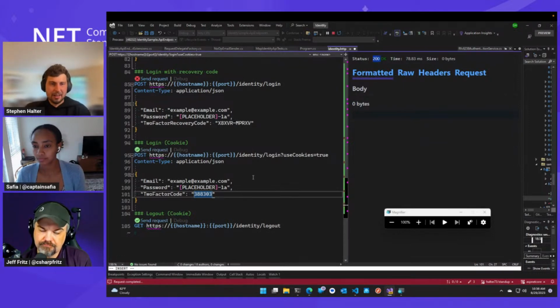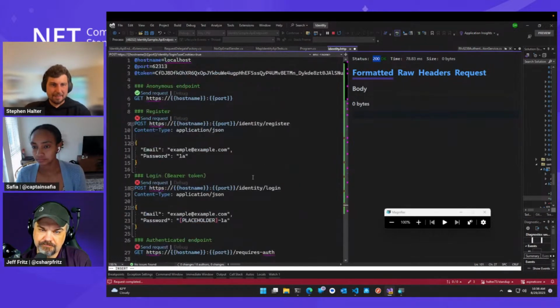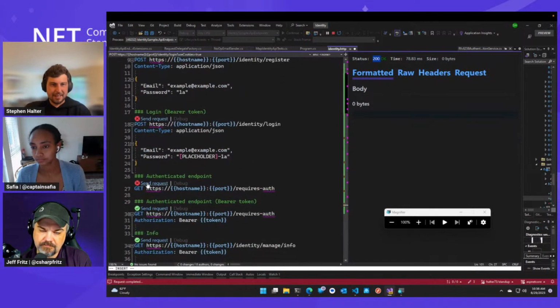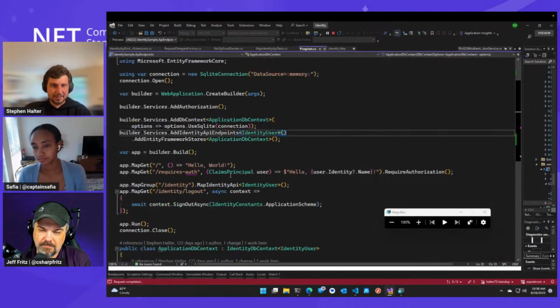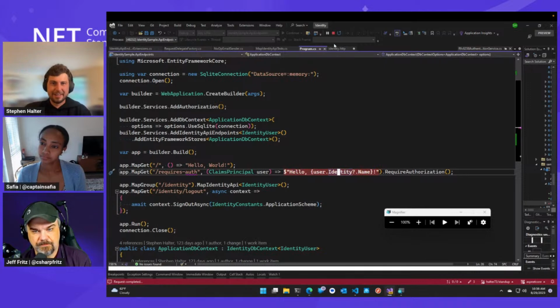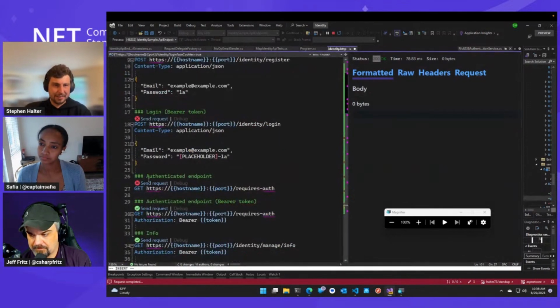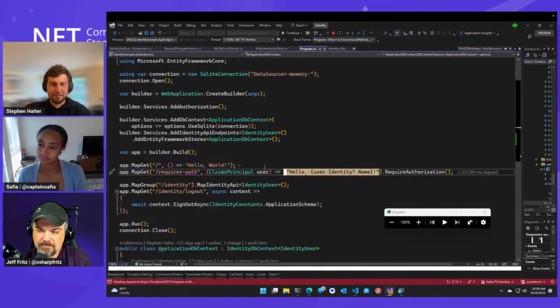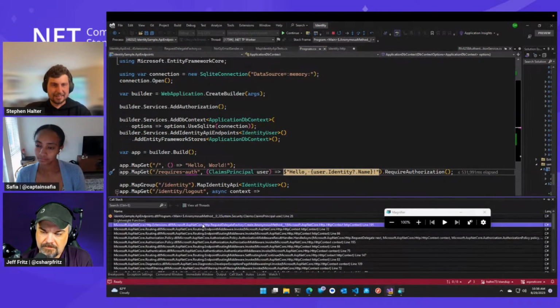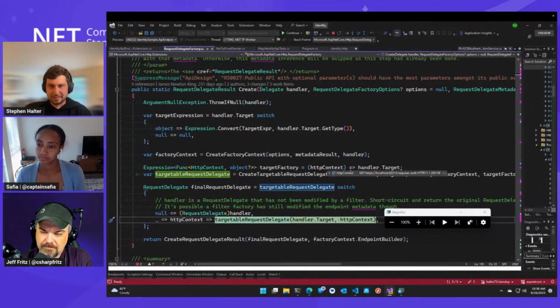So now I can make that original request that failed, right, because it didn't have any bearer token header, and it's going to succeed. And the reason it's going to succeed is because Visual Studio just automatically sends cookies, even if it doesn't tell you that it is. So if we put a breakpoint here, and then we did this request, we can kind of work our way up the call stack and look at the HTTP context and so forth.